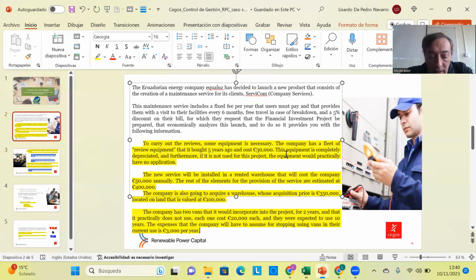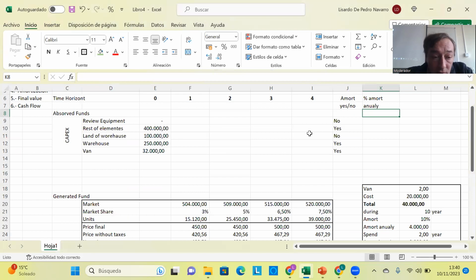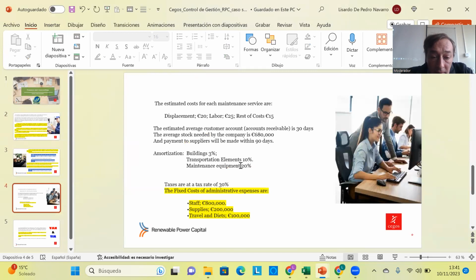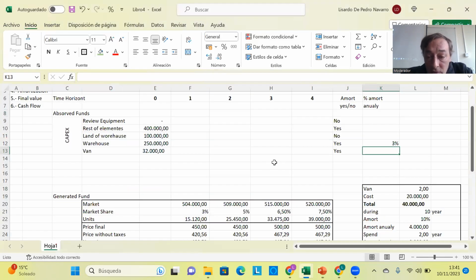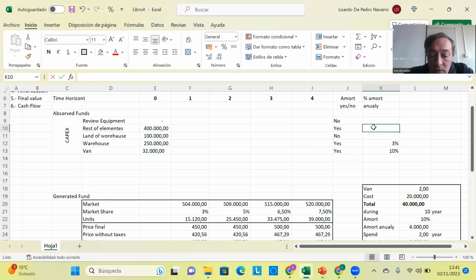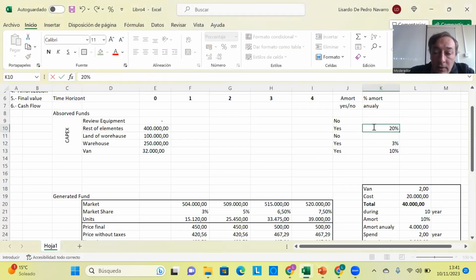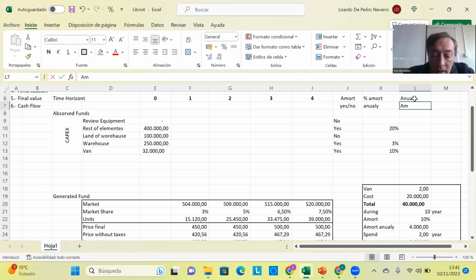In the case, we have that the amortization of buildings is 3%, so here is the warehouse, 3%. The transportation element is going to be 10%. And for the equipment and maintenance, that is this one, 10%, 20%, excuse me, 20%. So the annual amortization is going to be